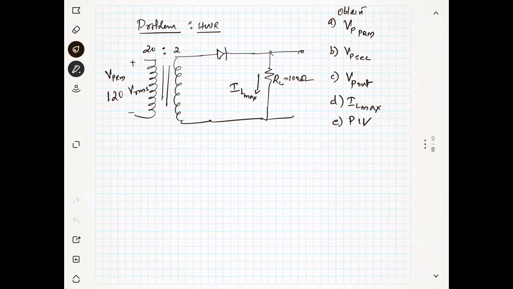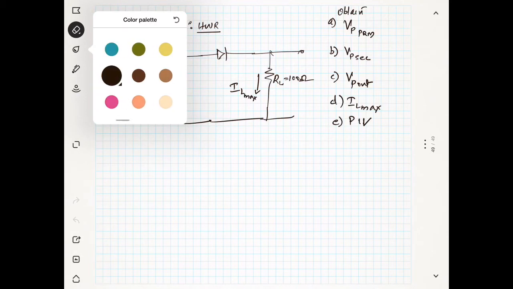So we will continue our discussion on the half wave rectifier. In the last lecture we were discussing the theory of the half wave rectifier. Today we will do a problem. You can see here there is a half wave rectifier which is having an input voltage